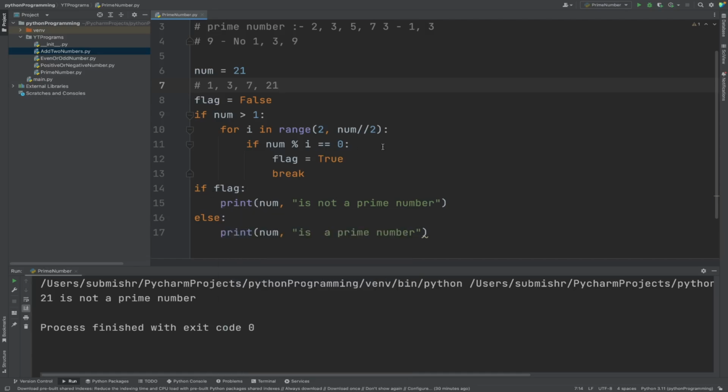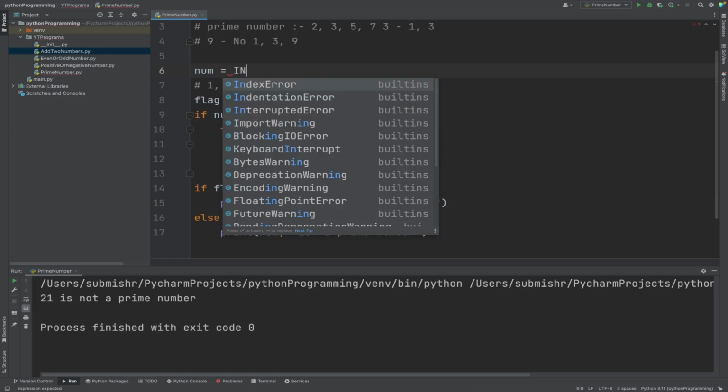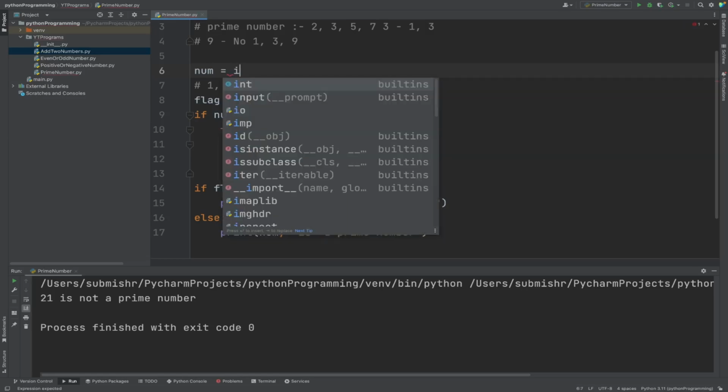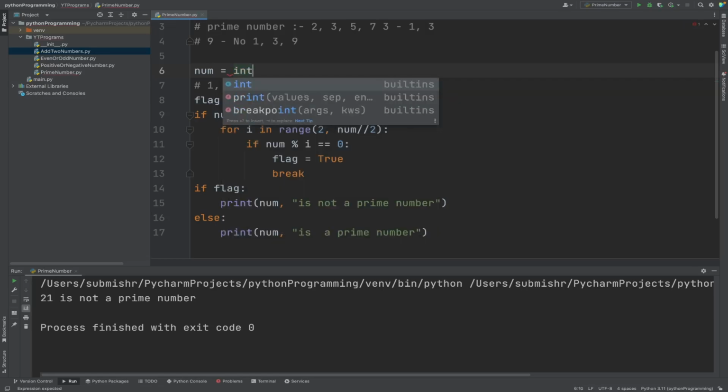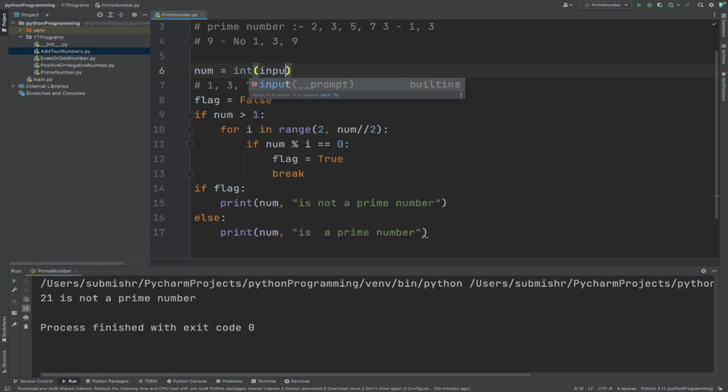So, I hope you understand how you can put any number and how you can find if it is a prime number or if it is not a prime number. Okay. One more thing, here we are directly inserting the number. If you don't want to insert a direct number here, you can also do it like this, number is equal to int, okay. Then you can put input,